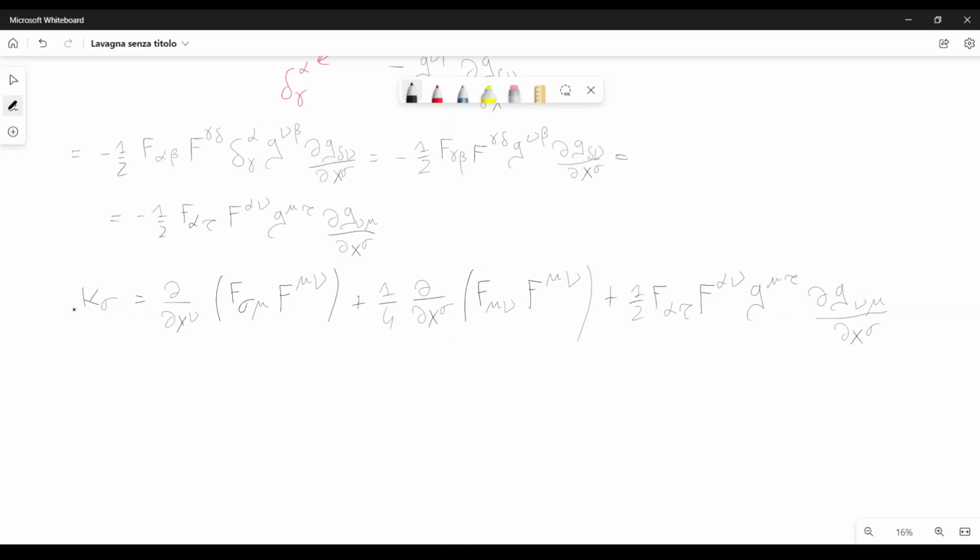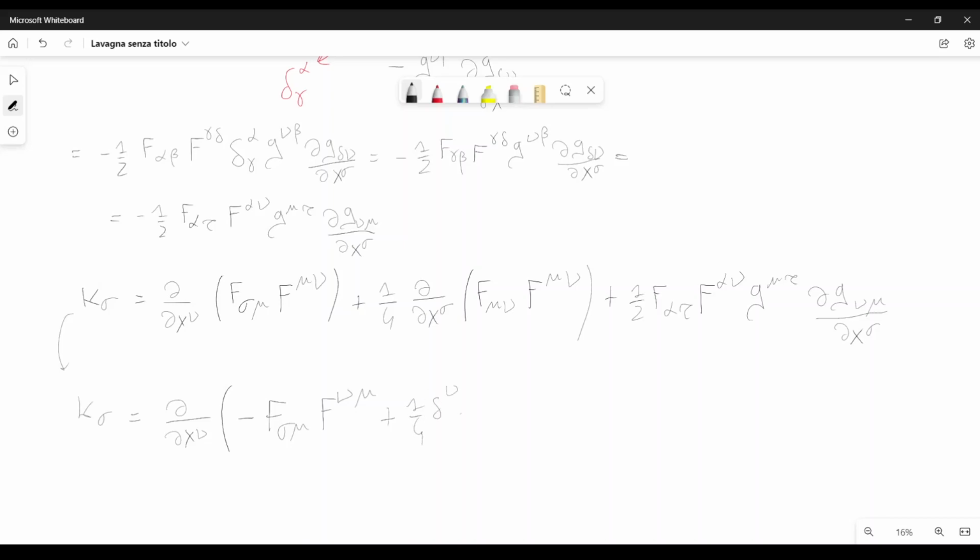Now let's rewrite k sigma like this. So we can also rewrite this right hand side in this fashion. Derivative with respect to x nu of minus f sigma mu times f nu mu, and now you can see that I have put a minus sign here because I have changed the order of these two indices. Mu and nu become nu mu here,